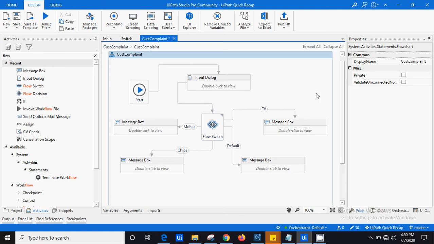Let me save this and run. We should keep in mind that this is case sensitive. If I write TV in lowercase, then it should redirect me to the default construct. Let me run this once.